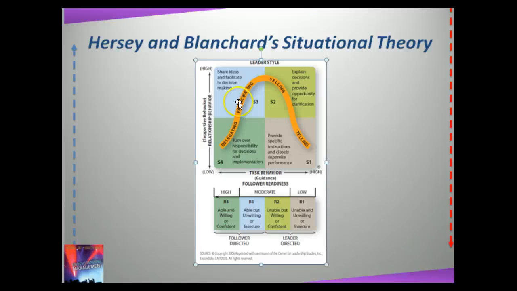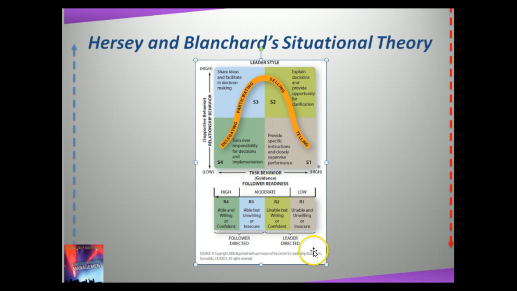The fourth style, the delegating style, reflects a low concern for both relationships and tasks. This leader style provides really little direction and little support because the leader turns over responsibility for decisions and their implementation to subordinates. So if you look down below here,